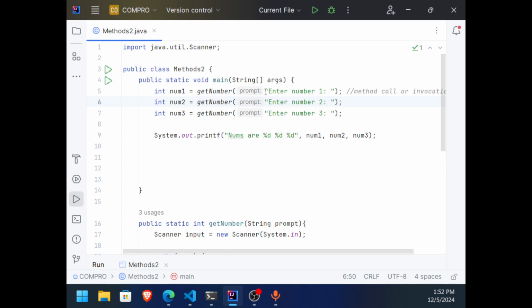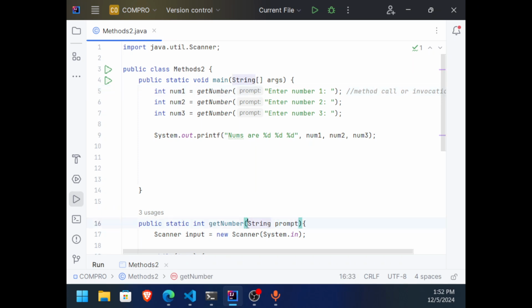So we have passed a literal string. You call it literal when it's hard-coded. It's literal value. That value will be saved to this parameter variable, that one. So in here, you call this argument. This is called argument in short, or the long name of it is actual parameter.